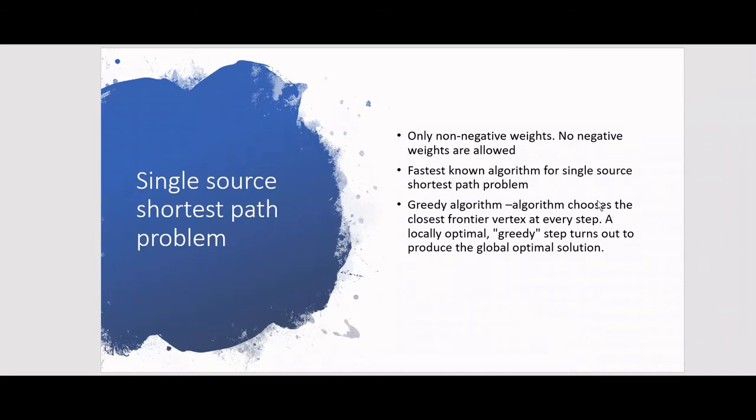And for this greedy strategy to work, we need only positive weights, because if there are any negative weights, okay, let's say you selected some node based on this greedy choice which was at least distance from the given vertex, and then there was some other path through which you came which later on added some negative weights to the overall computation of the path, which brought down the total value. Your greedy selection will not work.